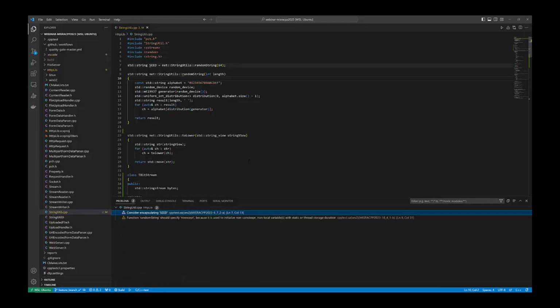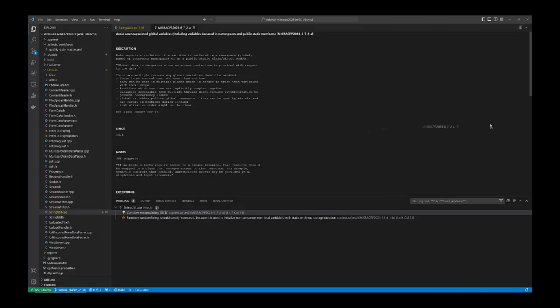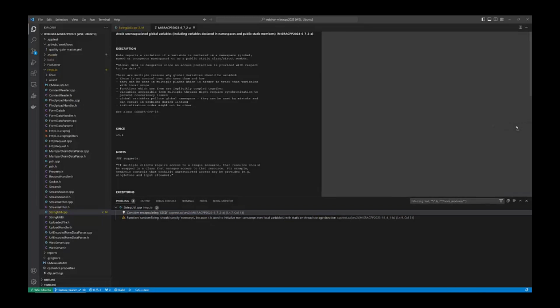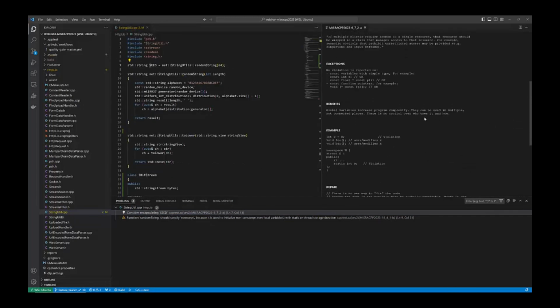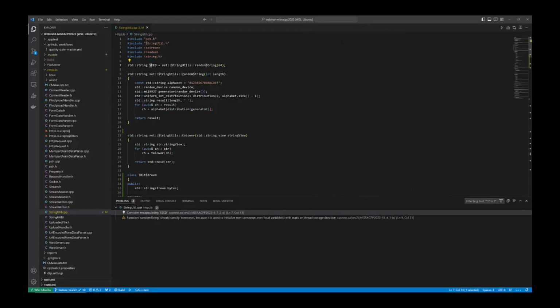Clearly, my new code is not MISRA compliant. We have two problems reported for our new code. The first issue is a violation of required rule 6.7.2: Global variables shall not be used. That's a simple rule and in general we like it, but let's say that we have a dependency here on adopted code and we can't easily change this design. So since this is a required rule, we can suppress the violation.